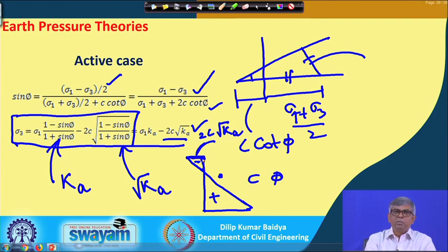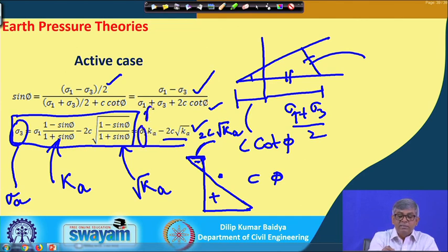For the time being, what I want to make clear is how to find out lateral pressure if the backfill retains C phi soil. Sigma 3 here is sigma active, and it will be in terms of sigma 1 k a, where sigma 1 is nothing but gamma times h. Of course, if a water table is there, it is gamma submerged times h, minus 2 c root k a. So, this is the way one can find out the lateral earth pressure for C phi soil.